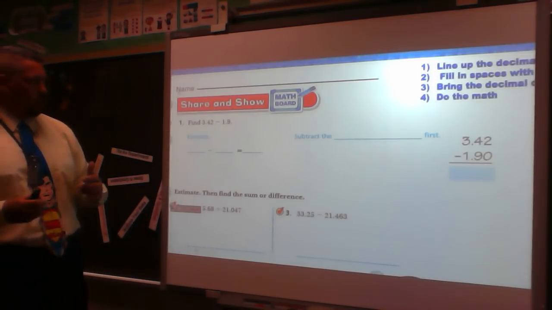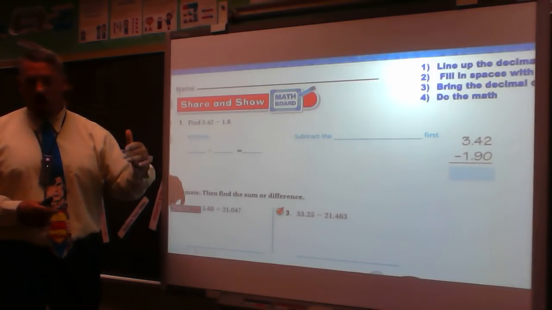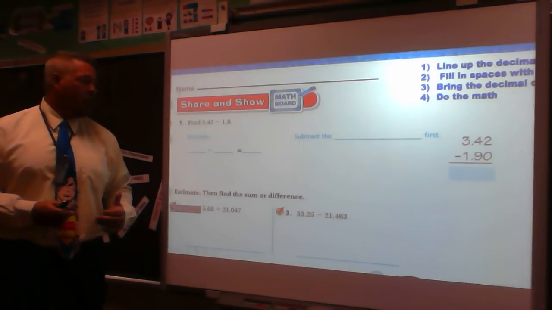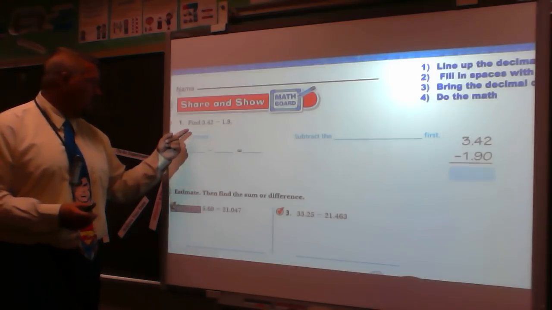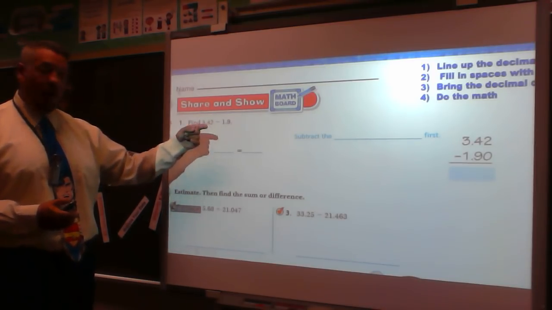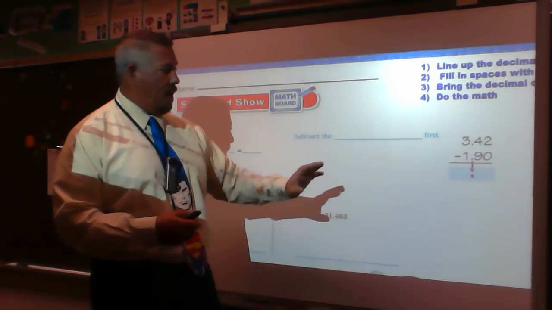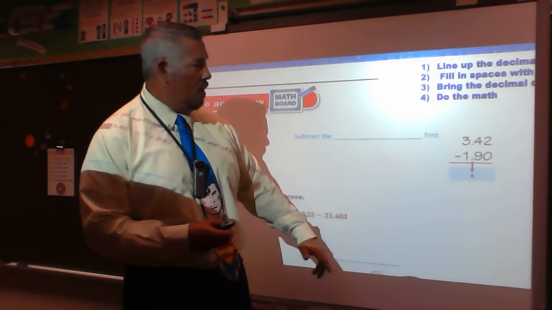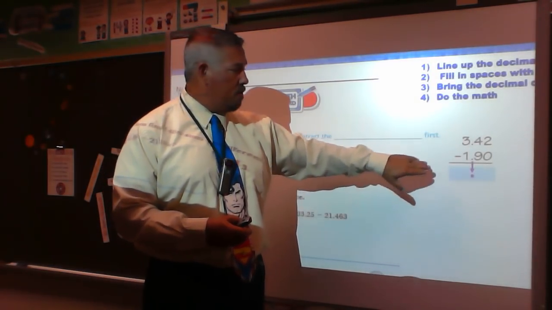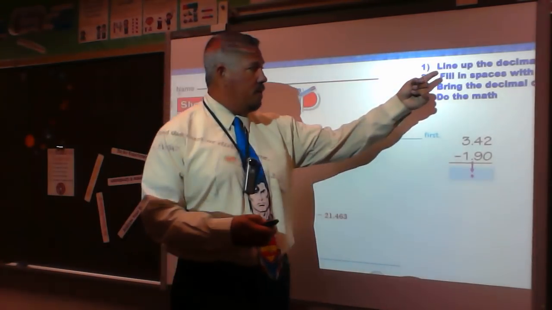But I am going to think about lining everything up, fill it in with zeros, dropping my decimal down, and then doing the correct math. So when I start out, I have this expression, 3 and 42/100ths minus 1 and 9/10ths. I'm going to stack them correctly. Notice I've already stacked them correctly over to the right. So I have my 3 and 42/100ths minus the 1 and 9/10ths,